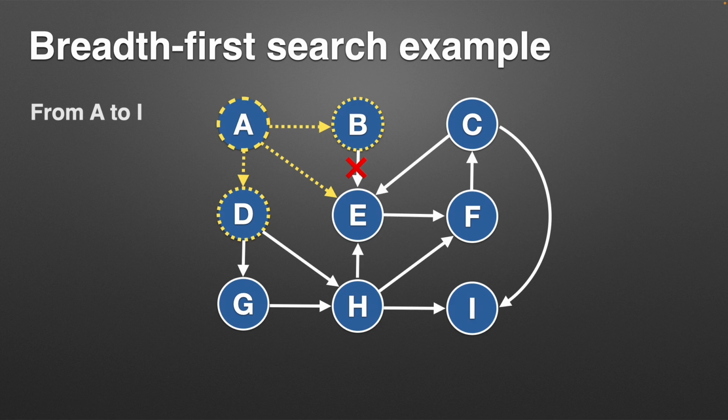And so we're at D now, and D has two neighbors. So in alphabetical order, G and H. So just shading those lines to indicate we're aware of those neighbors now, but we're not going to go look at them yet because we need to go back to A because there's still a neighbor at that level, and that neighbor is E, right? So now we're going to go to E, and we're going to ask what its neighbors are, and in this case, F. So we will add that to our queue.